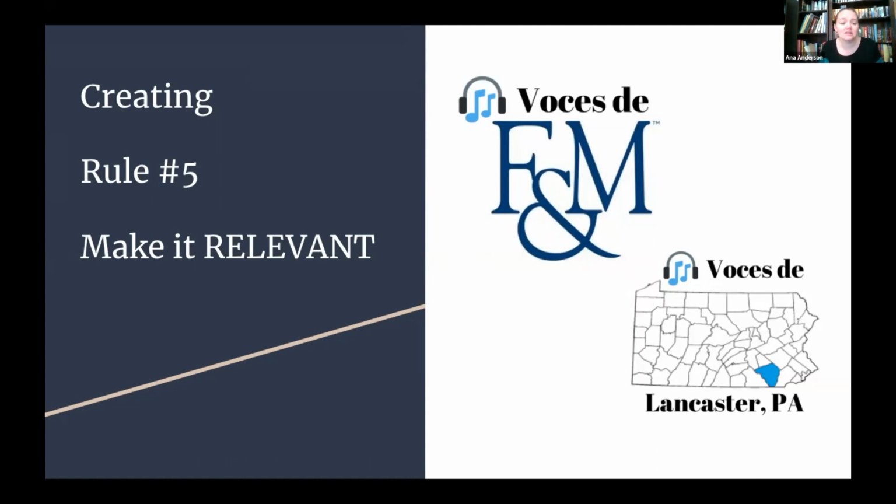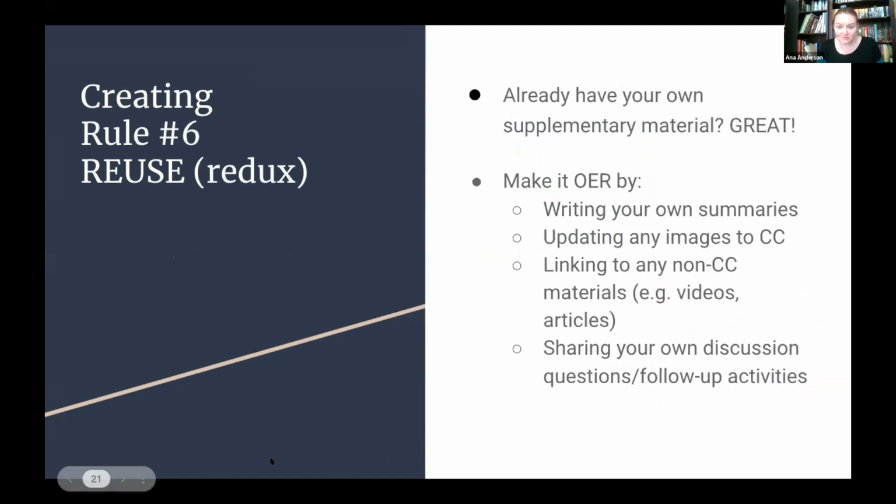in other countries. The next thing, Kim already said reuse, but I'm going to reiterate reuse in a slightly different context. We all create our own supplementary materials for our classes, regardless of whether we're working with OER or with a commercial textbook. So that's great. Reuse what you have already created, and you can make all of your own supplementary materials OER